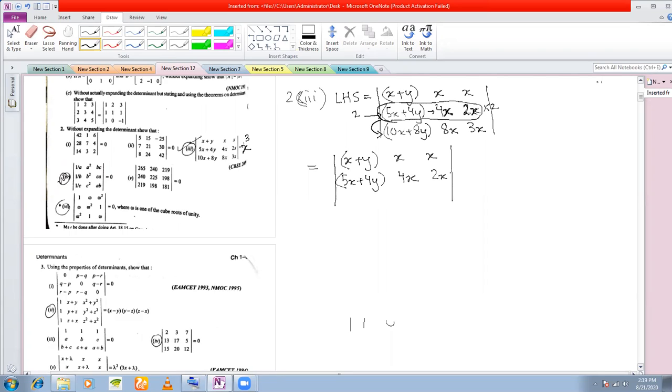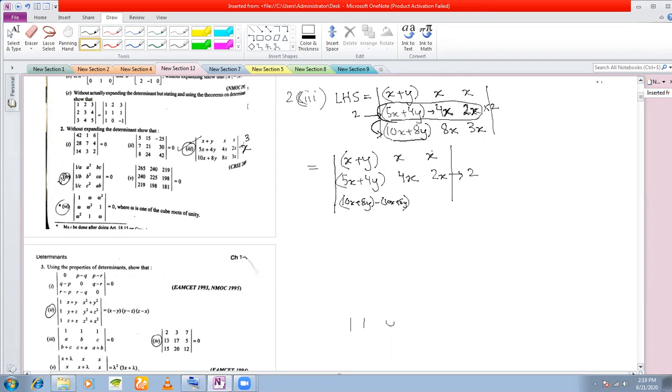Now if I multiply this row by 2, this becomes 10x plus 8y? Tell me yes or no. Yes, sir. If it becomes 10x plus 8y, and if I subtract it from this row, it becomes 10x plus 8y minus 10x plus 8y,